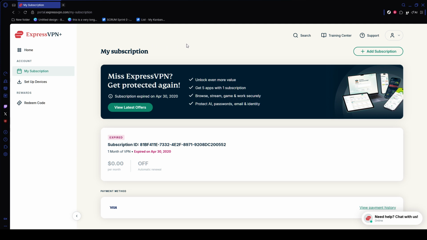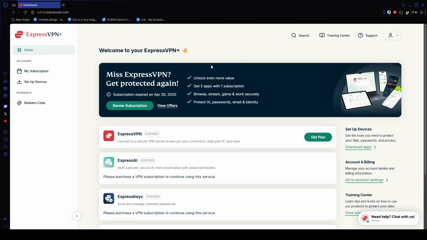After completing these steps, reconnect ExpressVPN and test the connection again. In most cases, this will stop the disconnect